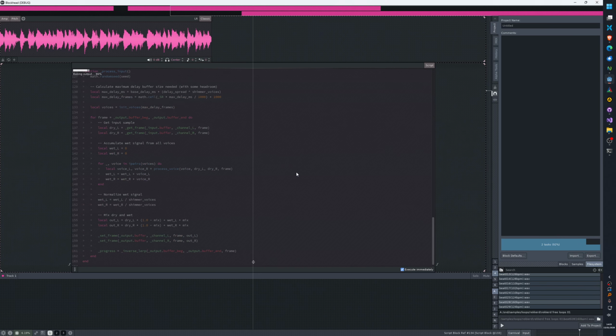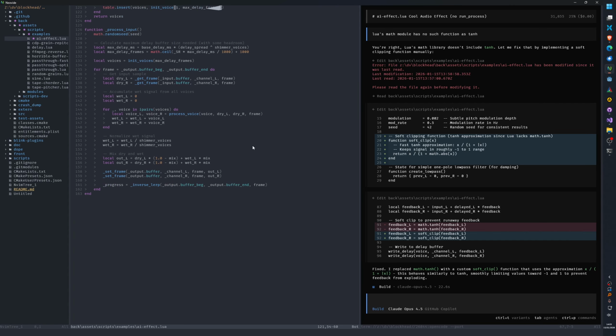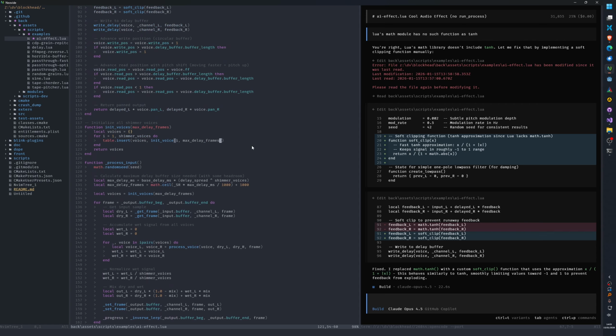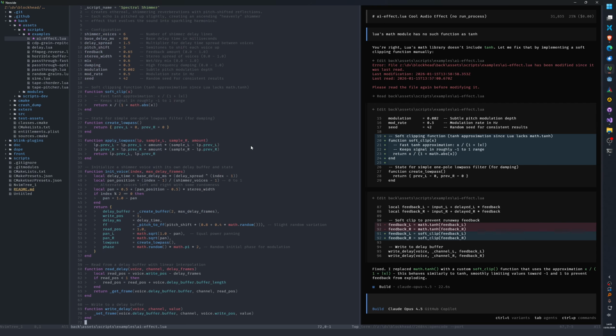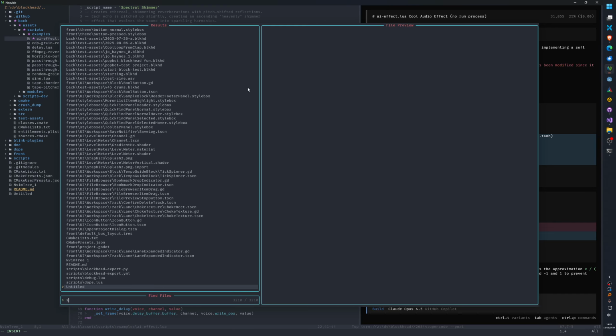Alright, anyway, that was a fun experiment. I don't think I'm going to keep this, but it's interesting that it just about works. Yeah, let's add the tanh to the script lib.